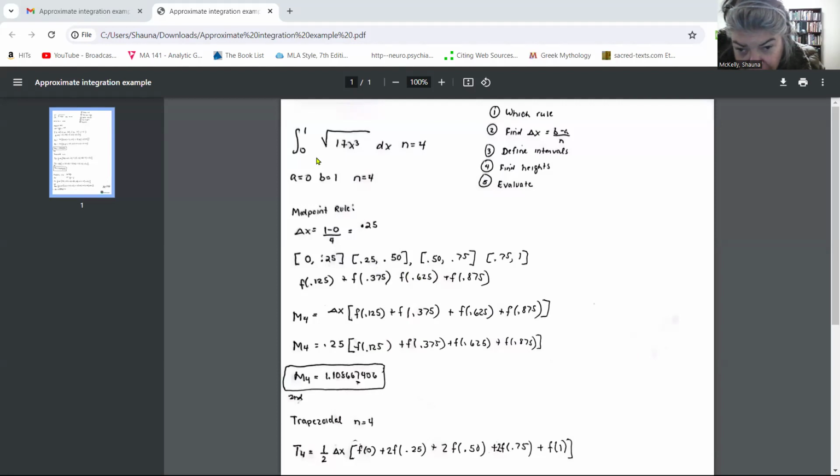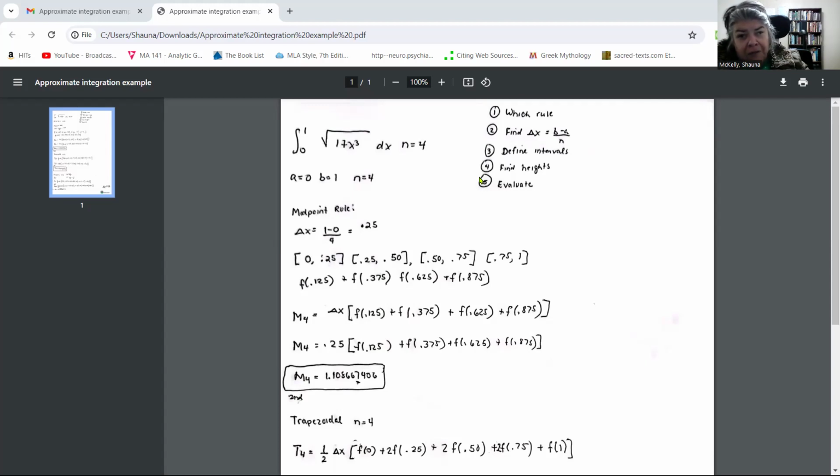It reads the integral from 0 to 1 of the square root of 1 plus x cubed dx. And we want to use 4 subdivisions. So what I've done here is I've given you a little checklist over here because this section asks you to approximate using 3 different rules: the midpoint rule, the trapezoidal rule, and Simpson's rule, or the rule of 3. So here, I'm going to show you all 3 of those methods, but I'm going to remind you that